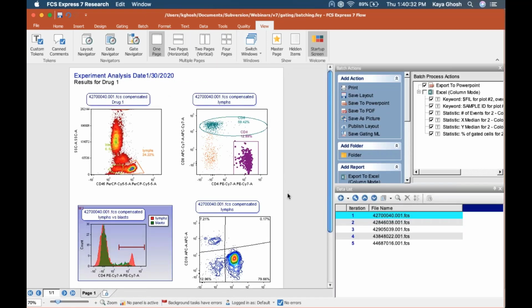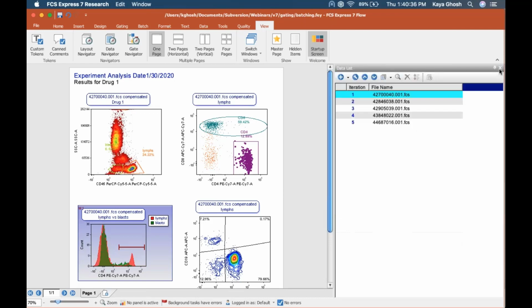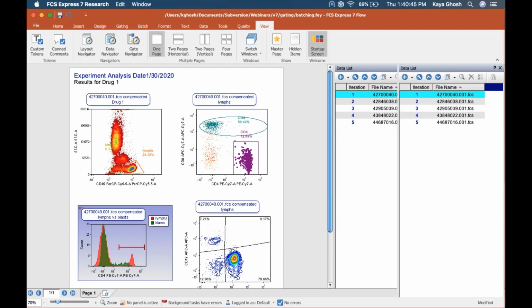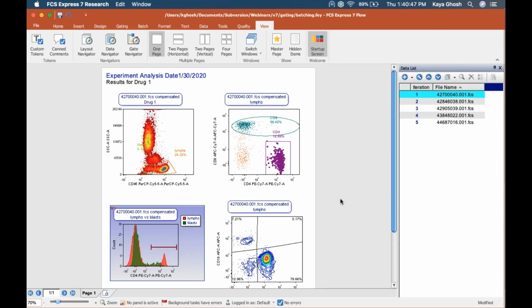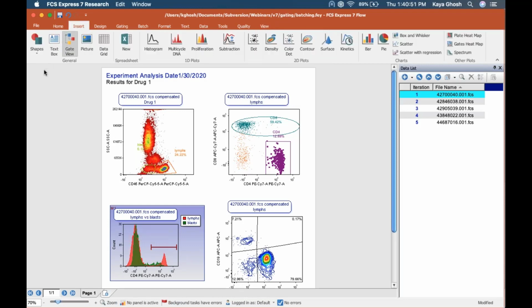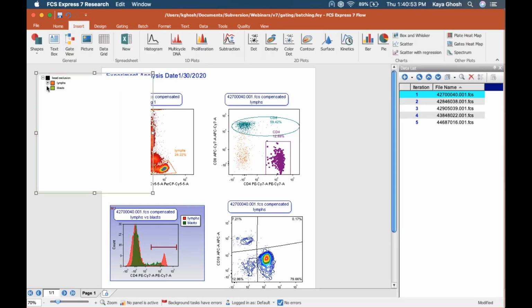So that's a new plot type in FCS Express 7. It's very cool. And I encourage you all to start using it. We do have information on it in our manual, but I'm going to just show you a real quick way to get started with it. So remember, in this layout, we have a few gates already. So we're going to look at the gate heat map for